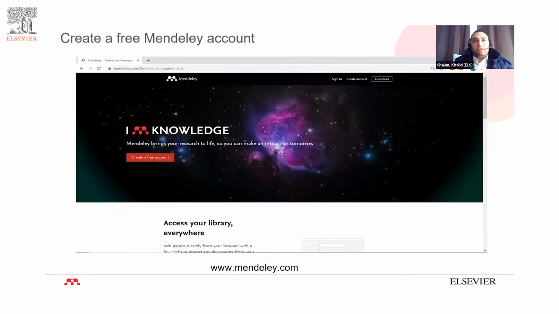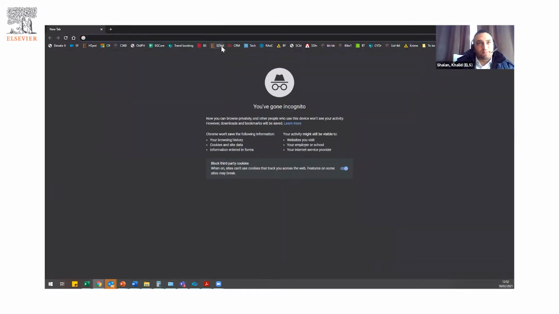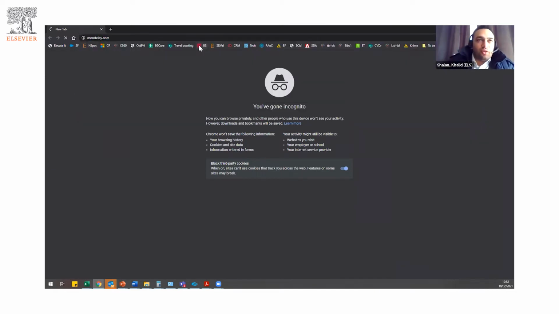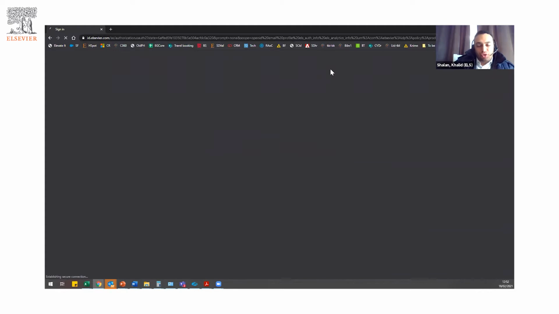So, getting started with creating an account on Mendeley. It's free to create an account on Mendeley. I'm going to go step by step through the process with you. So just opening my browser here, I just need to visit mendeley.com. Mendeley being an Elsevier solution,